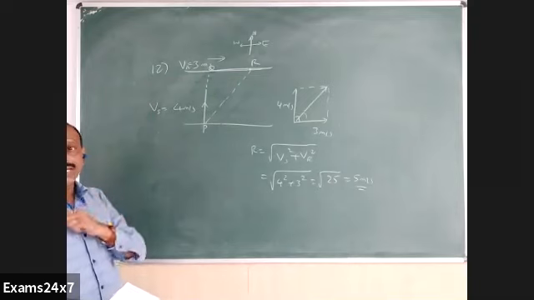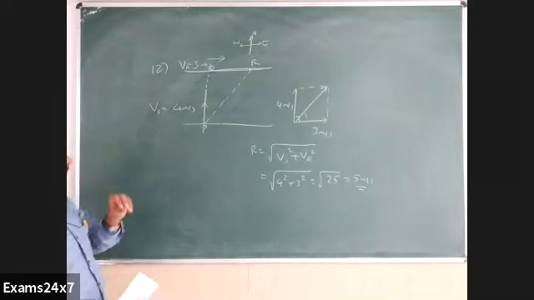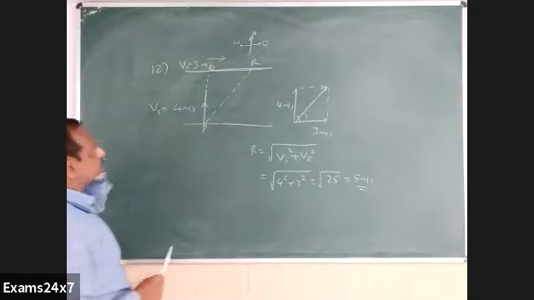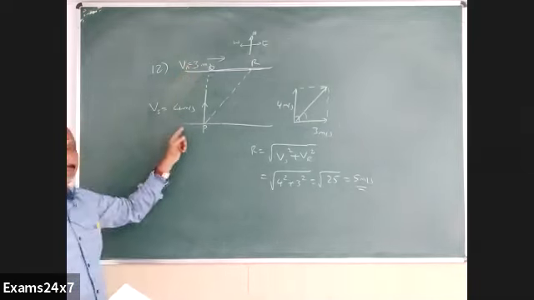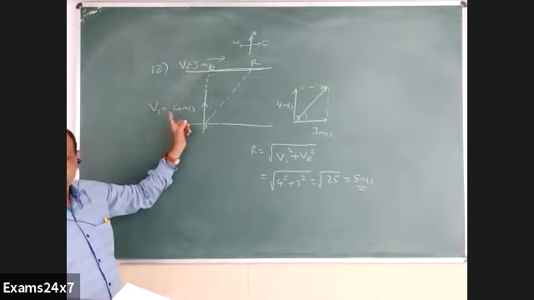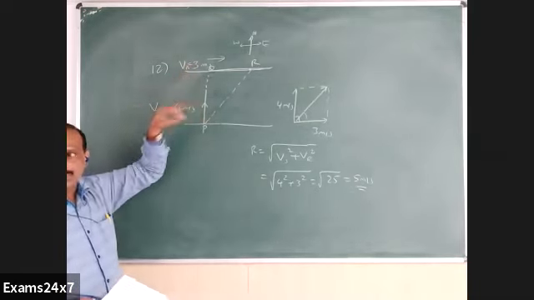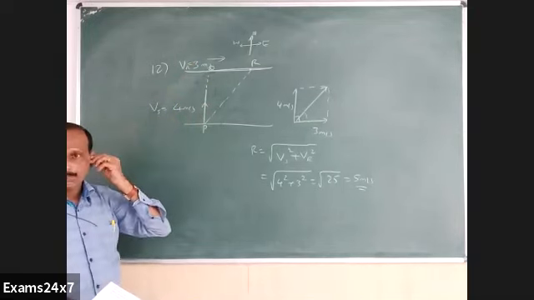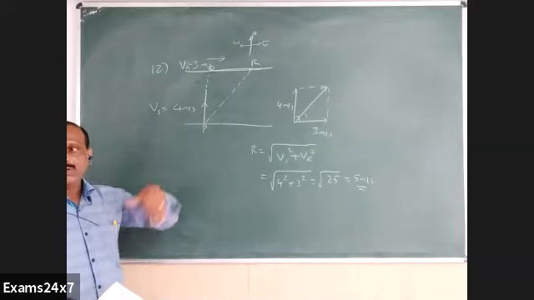And how to find that least time? That least time looks complicated, but it is the easiest thing to find out in such problems. It is just the width of the river divided by his own speed in still water. That is 4 here. Suppose the width is given as 1000 meter. 1000 meter divided by 4 becomes 250 seconds. That will be the time.